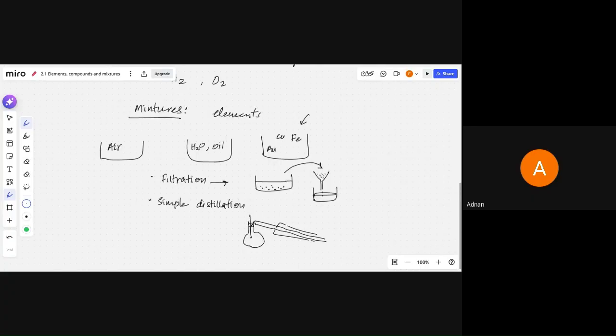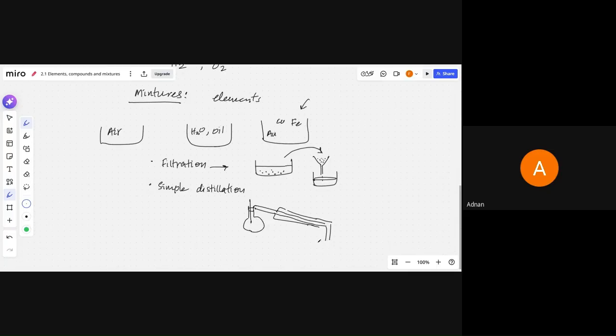So as water flows in contact with this tube, the gas inside the inner tube drops in temperature and it condenses, and the liquid that has a lower boiling point can be collected here in another beaker, right? So let's say we have water here,